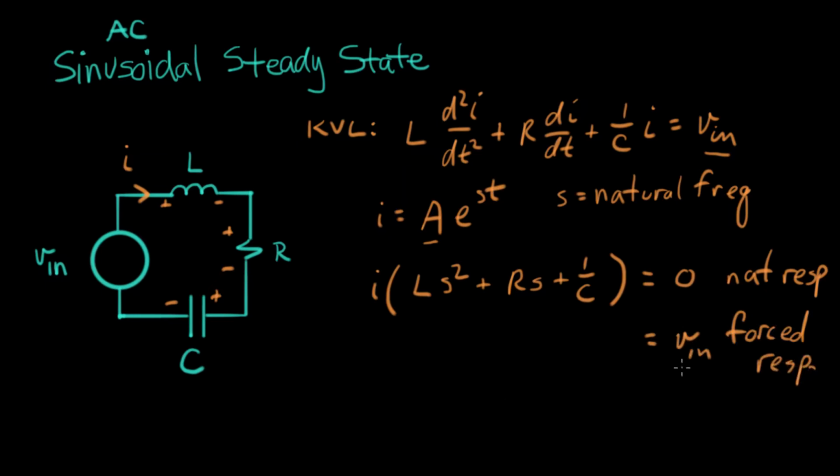Now, if we let Vin be any forcing function we want, any kind of waveform, this is going to be a really hard piece of mathematics. It's going to be a really difficult calculation. It's going to take a long time, and basically, I don't want to do it. So I'm going to wish there was some other way to do these kinds of equations, and there is. The way we simplify this process substantially is we make a little limitation on ourselves on what Vin can be. We volunteer to limit ourselves to Vin equals sinusoids,